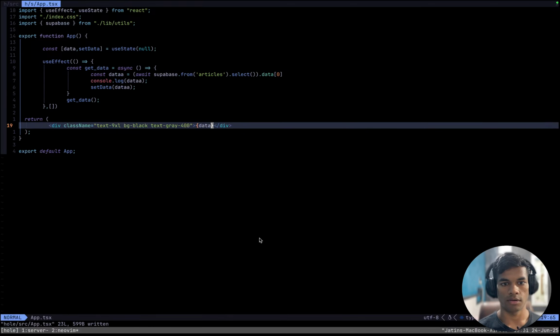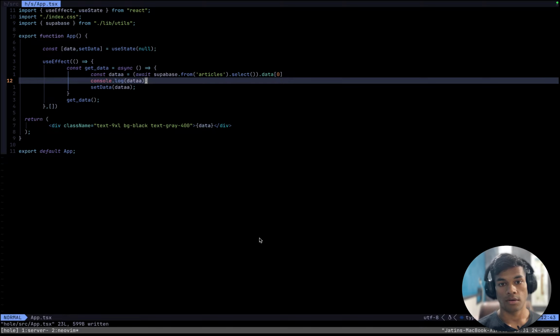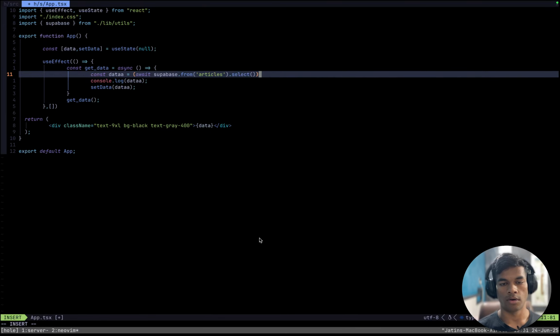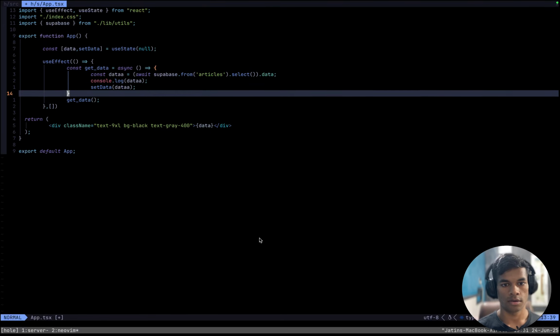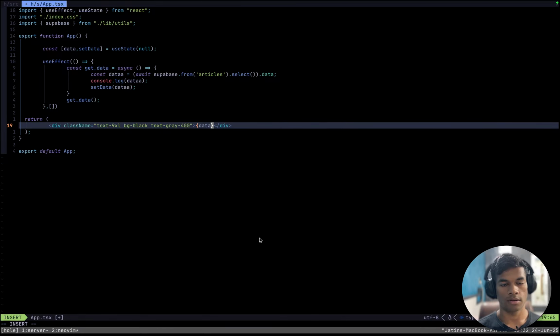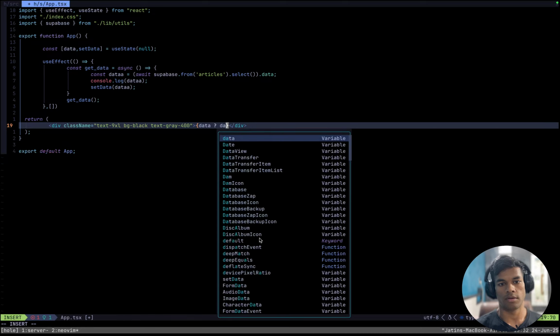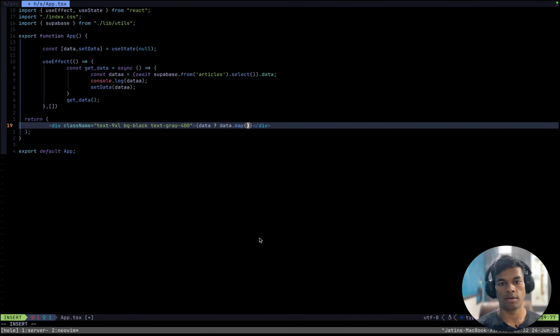Maybe inside here. Not data here, data.map. Okay, sure. Data is not data. If data is there, then data.map, dt, and for every dt what we have to do is return